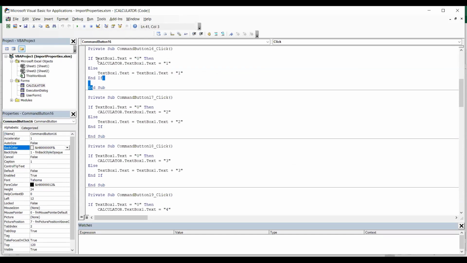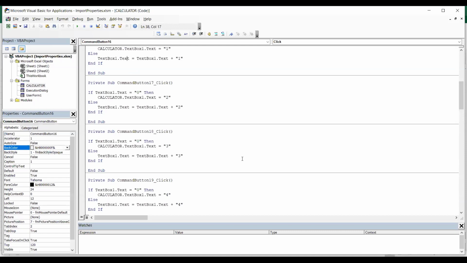If the text box is empty and the command button is clicked, same for 2, 3, 4, 5, 6, and all the operators, it must be entered with the respective value shown on the command button. If it is not empty, if it is already filled with some number, the digit must be added to it.